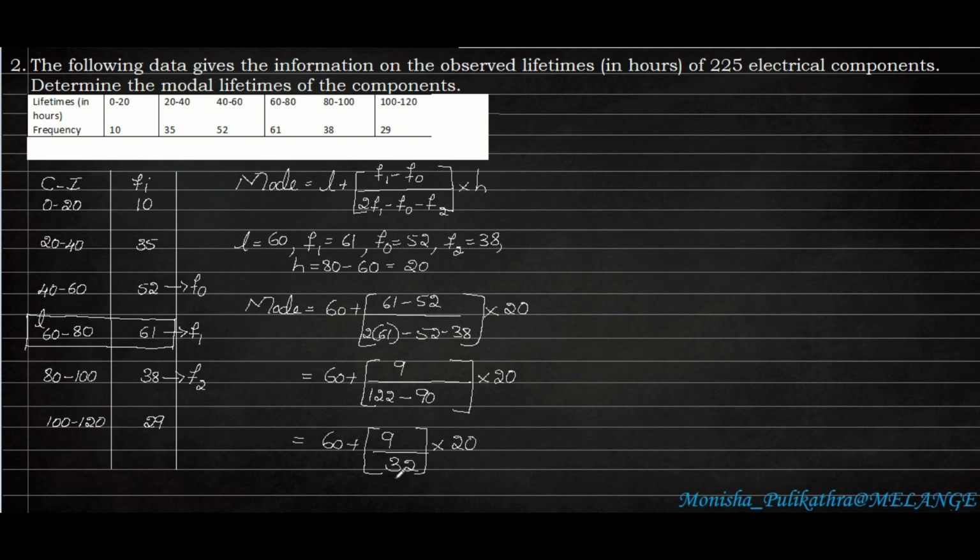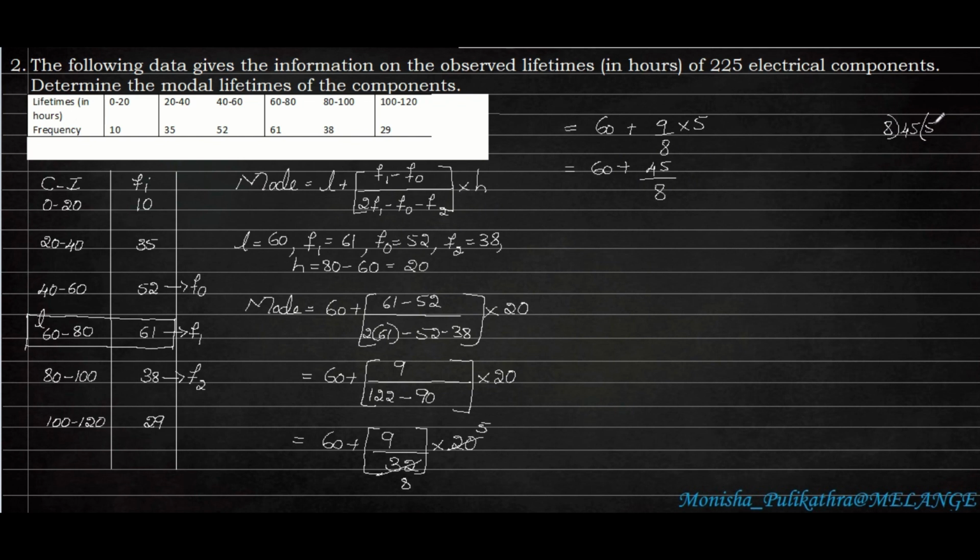So here these two numbers are divisible by a single unit number, that is 4 8s are 32 and 4 5s are 20. Okay. So the remaining is 60 plus 9 by 8 into 5. So now I will multiply these two, that is 60 plus 9 5s are 45 divided by 8. Either we can take the LCM of it or else we can divide it. Okay. I will be dividing 45 by 8.